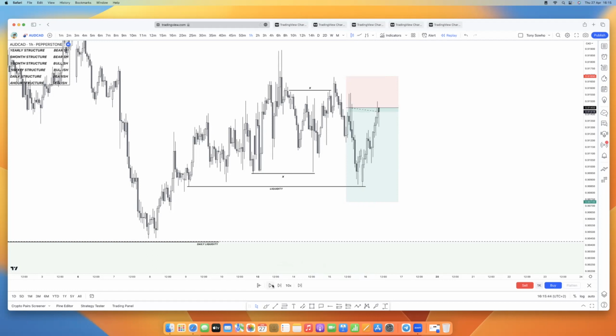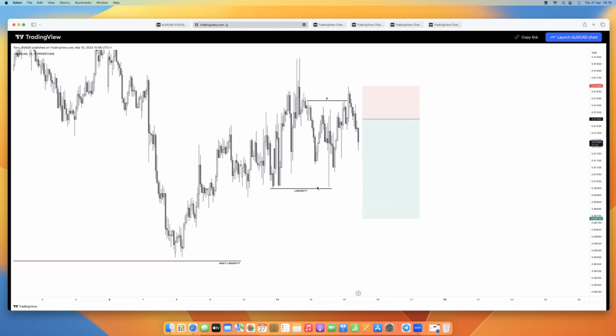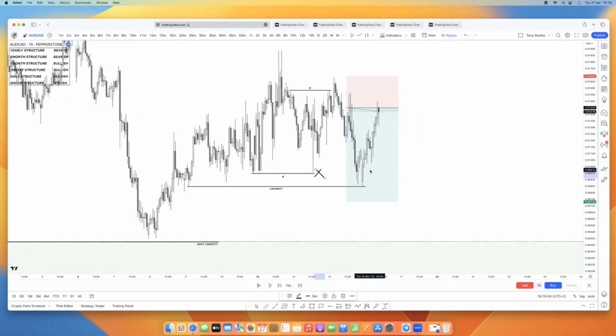Because structure was in my favor, right? And then everything was there. We had this low, and then we had this break, and then we had this, and then we had this. So I was just okay, this trade should sell down, right? And then as soon as price swept this liquidity here, this one, which was this one here, and then started to reject, I just